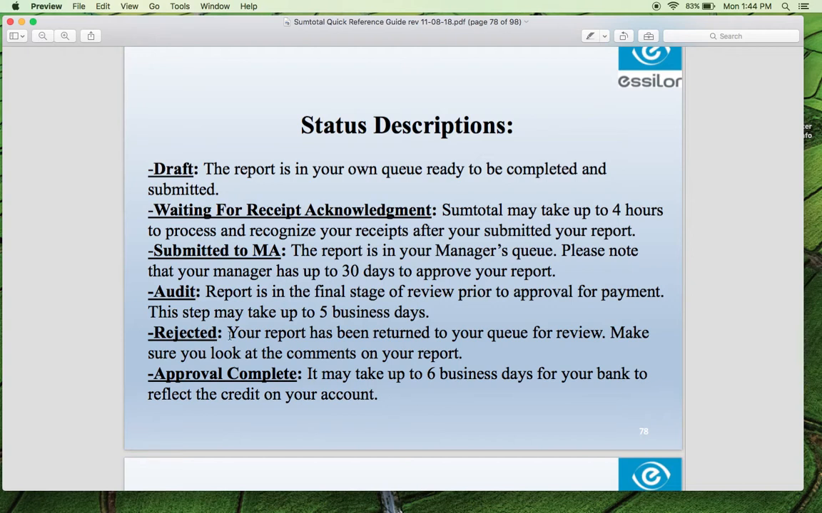Rejected, as you know already, means that the auditor or the manager sent it back. I invite you to look at the comments prior to contacting the manager or the auditor. Look at the comments, and try to correct it as indicated,